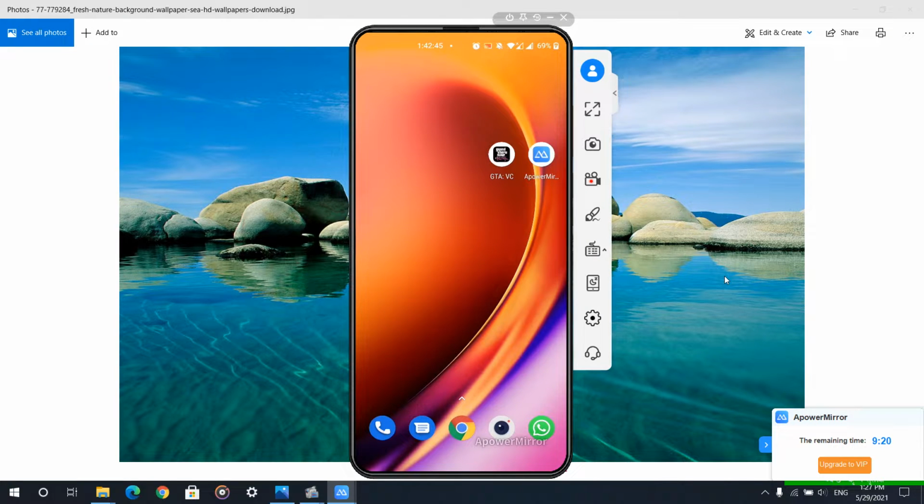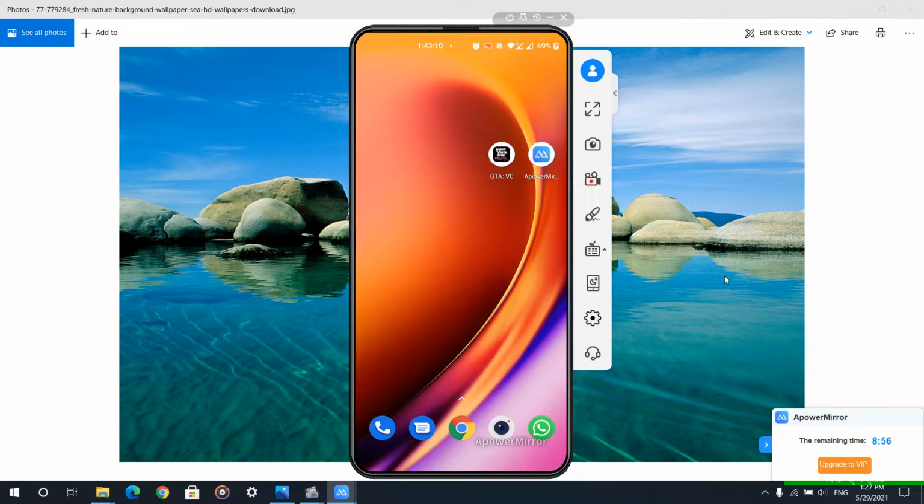Today I'll be showing you how to play GTA Vice City on your Android phone. Rather than playing on PC, you can play this game on an Android phone which has even 1 GB RAM. Don't worry about that. I will also show you how to download the mod app for GTA Vice City, in which you can get unlimited coins, unlimited money and unlimited unlock features.